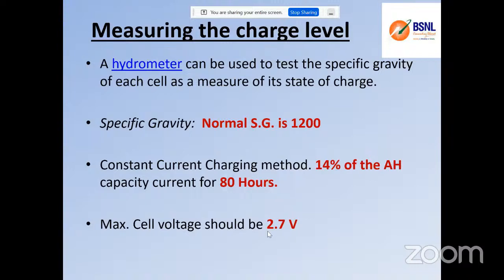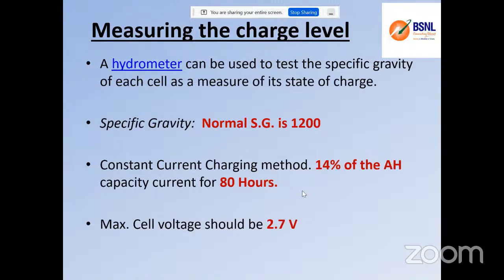And one more point I would like to say in the conventional batteries, where you may be having a constant current charging method. 14% of the AH value capacity for around 80 hours. We will have a design like this. 14% charge means if I'm having a 100 AH, the 14 ampere is the maximum current you have to allow. I cannot go for immediately charging 50 amperes because it is designed to operate only in this minimum value of fixed current. So this comes under the constant current charging method.